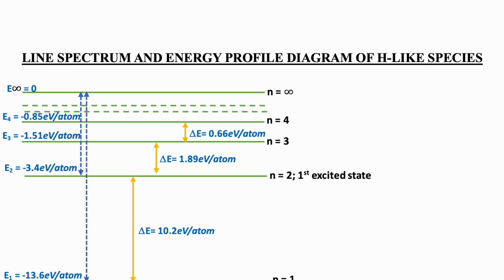If we have a radiation carrying all the wavelengths, let's say a white light, some of the photons will be absorbed by the system and the rest will be transmitted as it is. So the spectrum that we obtain will consist of dark lines or black lines in the entire spectrum, and the rest of the portion will not be darker.